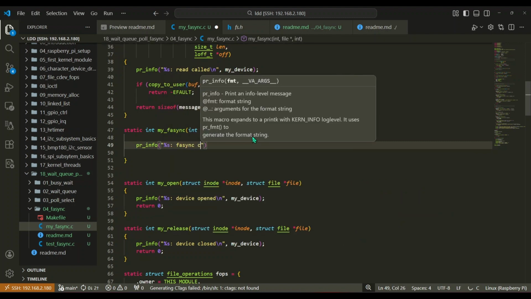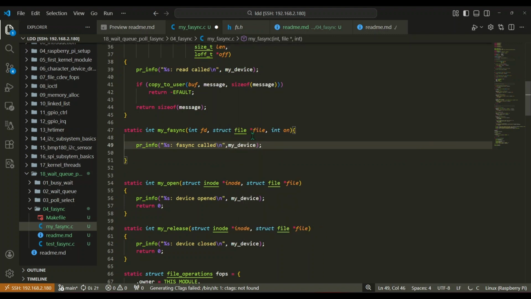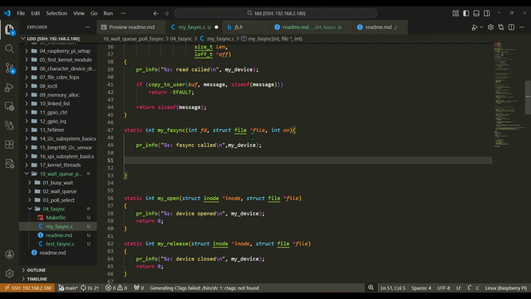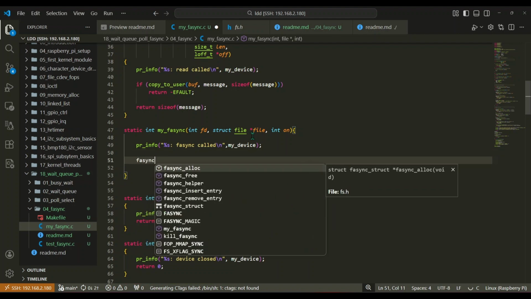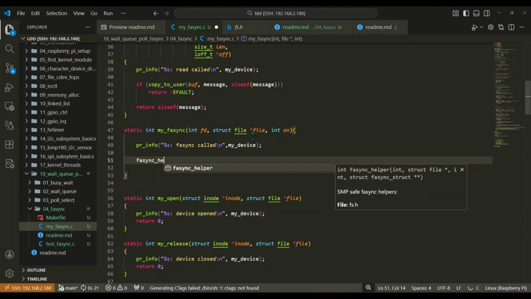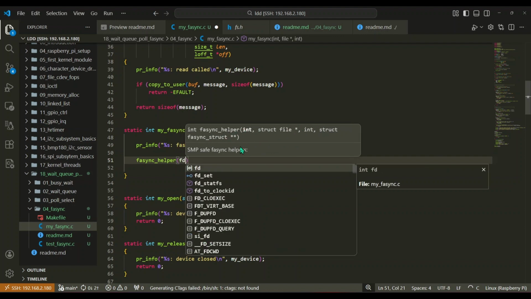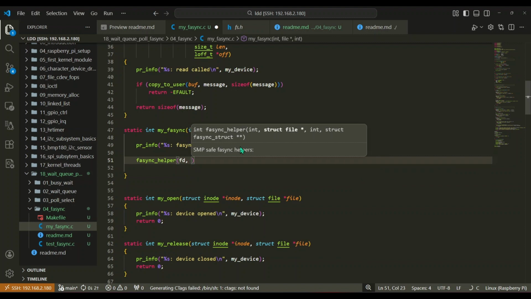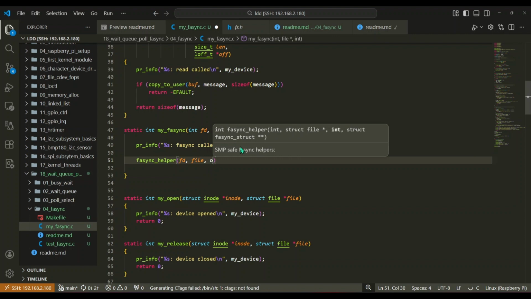Inside this function, I will first add a kernel log message to indicate that the fasync callback was called. Then we call the helper function provided by the kernel, called fasync_helper. This helper function automatically adds or removes the file descriptor from the asynchronous notification list. For this function, we need to pass the file descriptor number fd, the file pointer, the on parameter, and finally a double pointer to